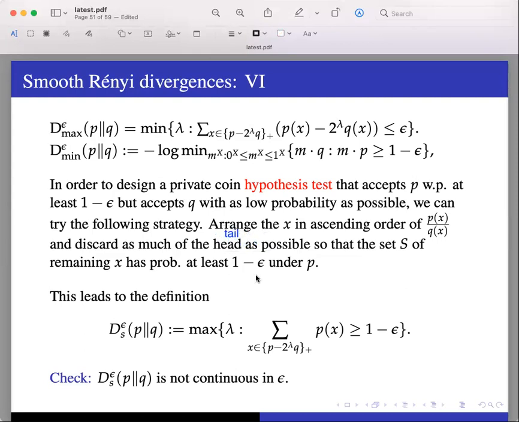Okay, so the idea is I'll fix a threshold, and my good set is those x's such that the ratio Px by Qx is larger than 2 to the power lambda. Now the probability of these good x's under P should be larger than 1 minus epsilon. Of course, if I increase lambda, this set of good x's shrinks, so the probability under P will also shrink. At some point it will go below 1 minus epsilon. So the maximum lambda that I can tolerate such that this is larger than 1 minus epsilon